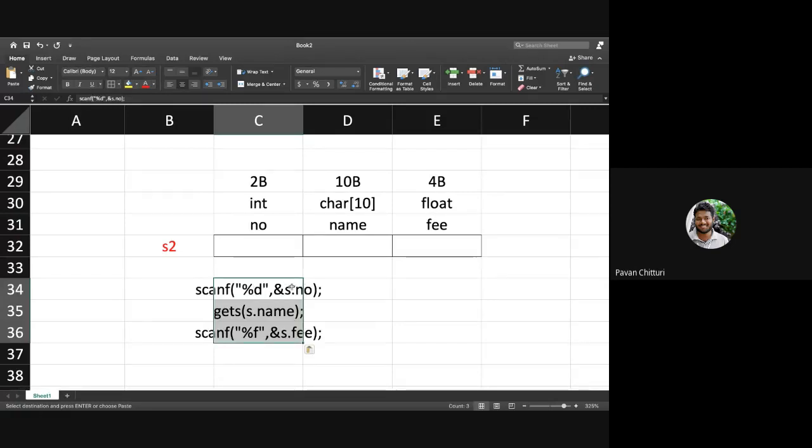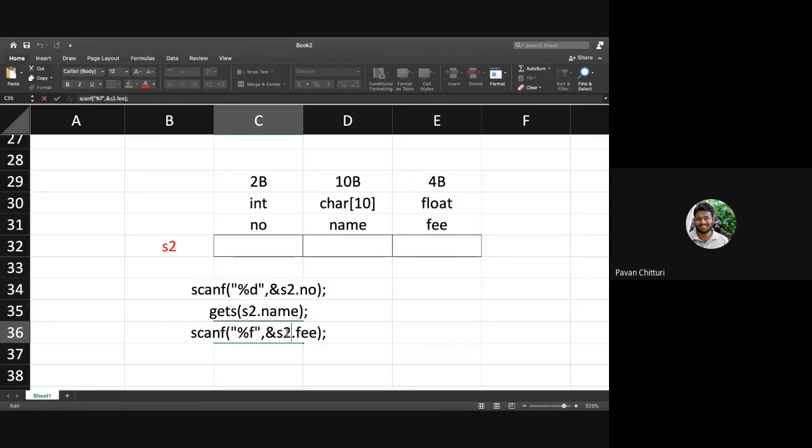But the structure name is different, because you are creating a second structure and the name of the second structure is S2. That is why you have to change the structure variable name.